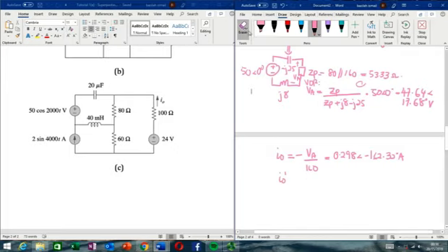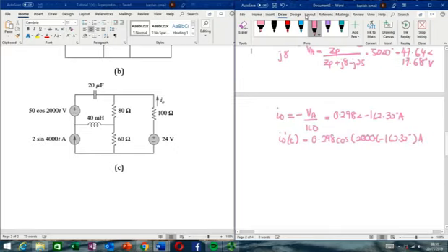So the final result must be converted to the phasor domain, then the time domain. So the instantaneous current I node is equal to 0.298 cos(2000t minus 162.32) ampere. Okay, so next step,